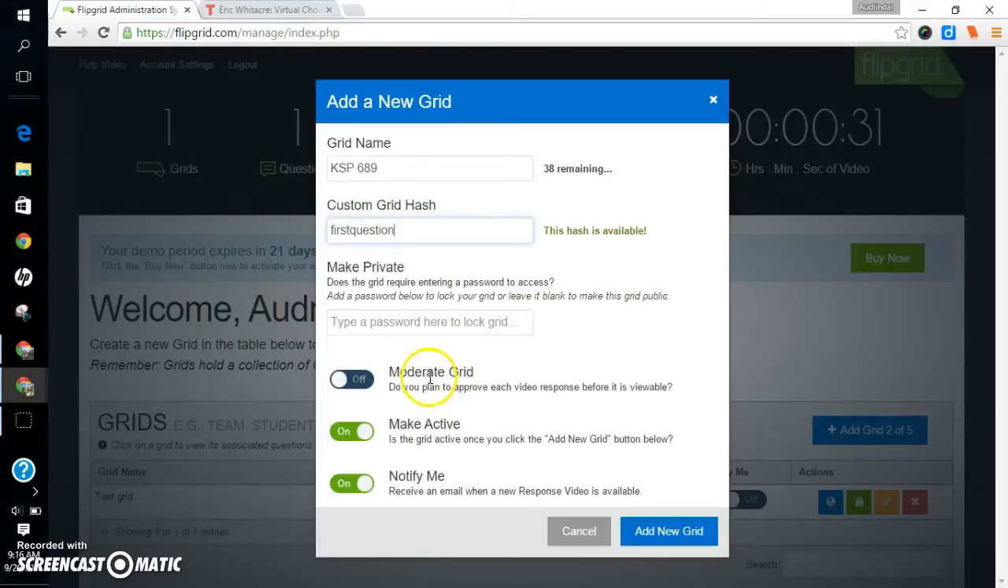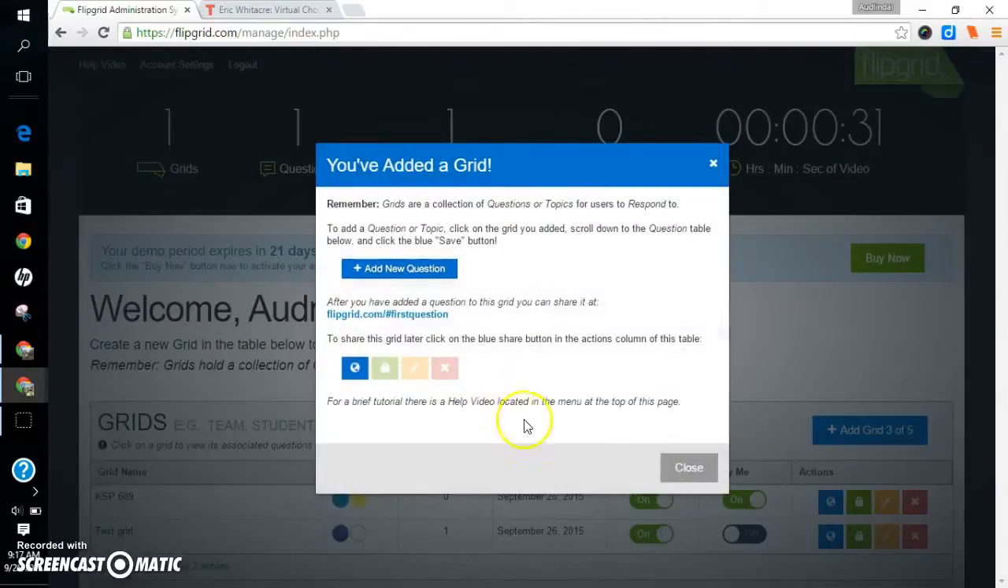All right, I'm not going to moderate the grid. I don't need to approve when videos come in for this. I'm going to type in a password. Note the password, 1234. You'll need that if you decide to try out my Flipgrid later. Add a new grid. Now, from here, it gives you a little reminder, and I can directly add a new question,